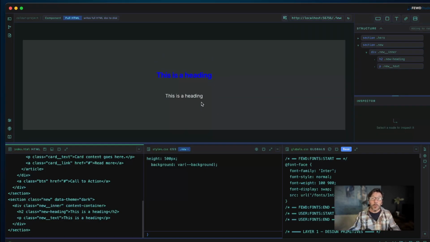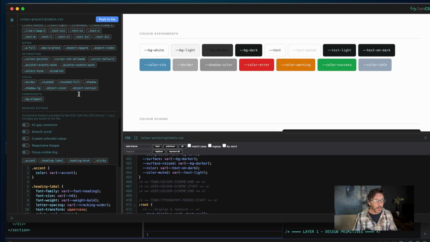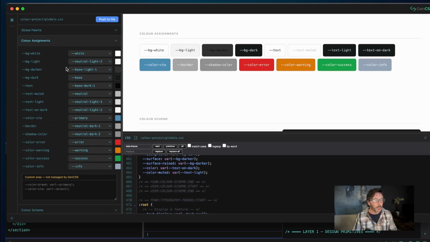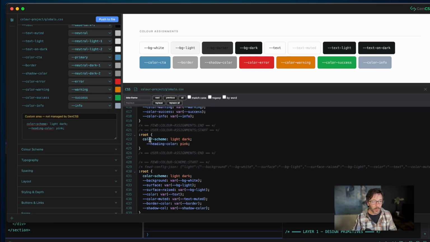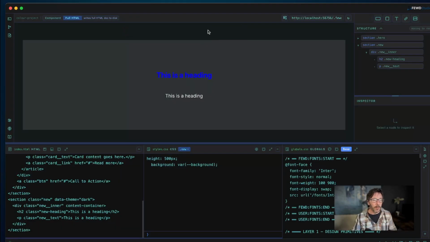You can add tokens if you feel that what's in GenCSS out of the box. You can also add the default, but that would need to go in like the tokens up here. So color assignments. Okay, so we've just added it into the user assignments. Okay, so push that. And now if we go to Feud and reload, and we remove this altogether,